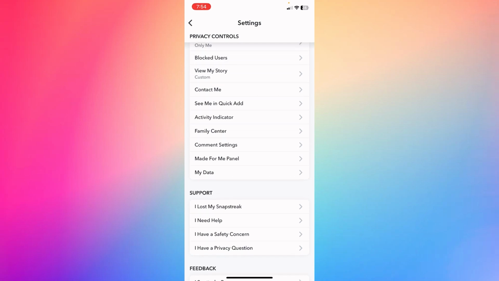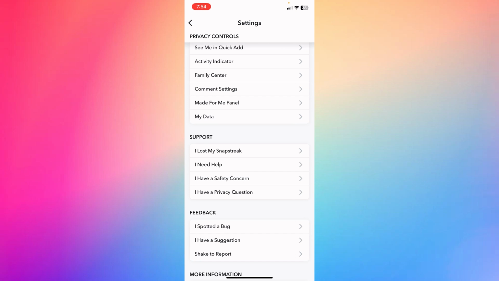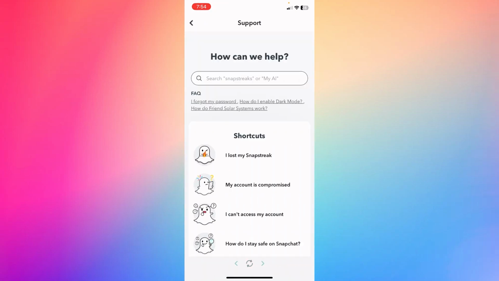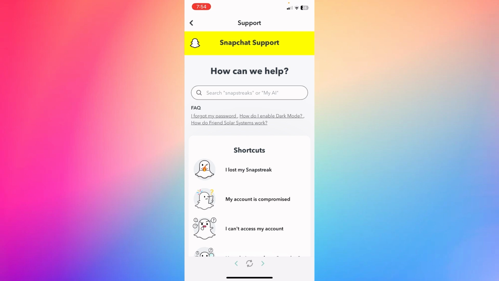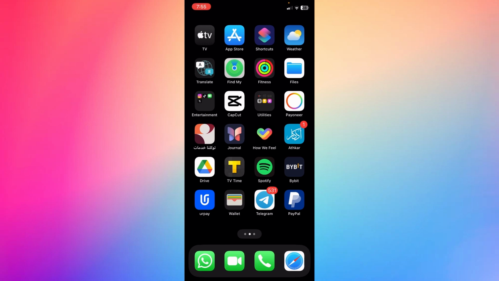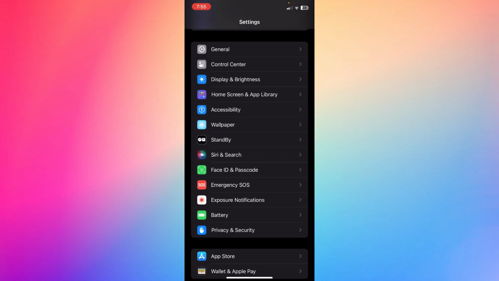Now you can go to, basically, I need help right here, and then follow along to actually find how you can get it done if you forgot it. But you have a couple options. If you are using iPhone as well, you can use that support option for Snapchat as the last resort. But you can go back to your screen and go ahead to your settings if you're using iPhone,